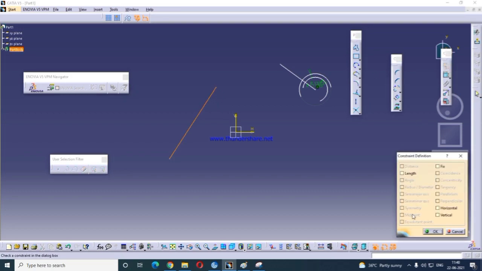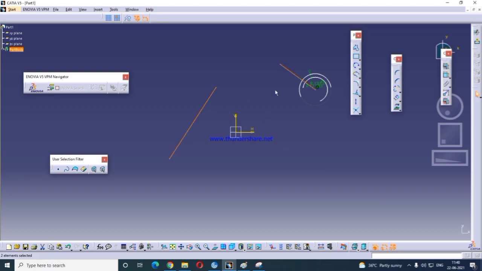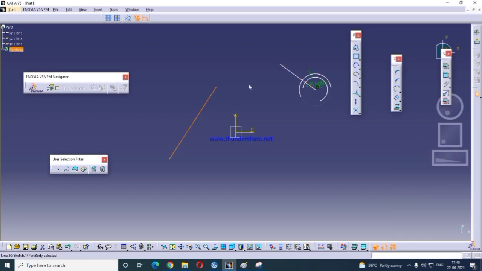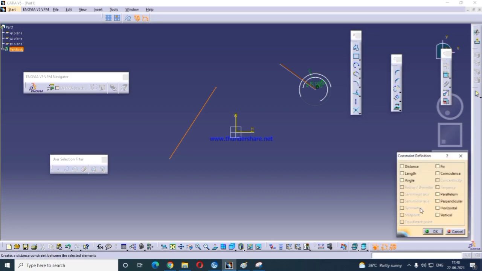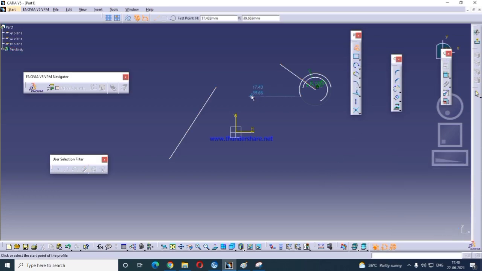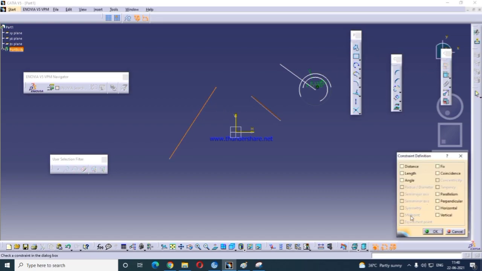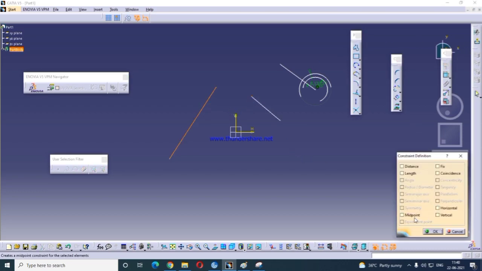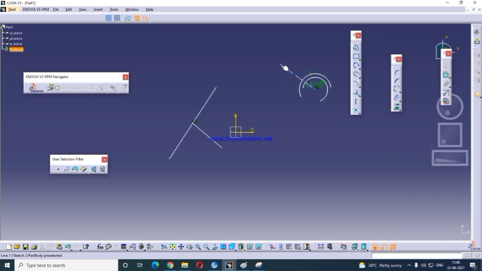Okay, midpoint. This line's midpoint to this line's midpoint. If you have a line like this, this also will come.